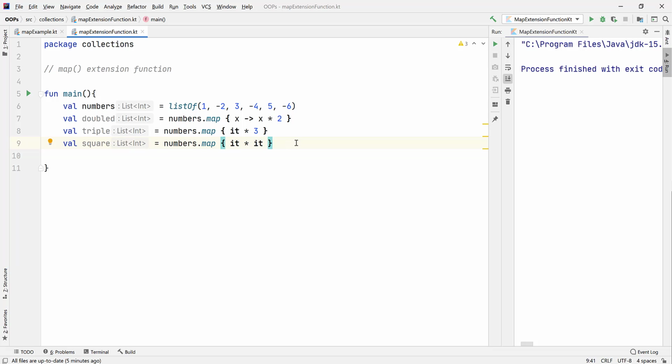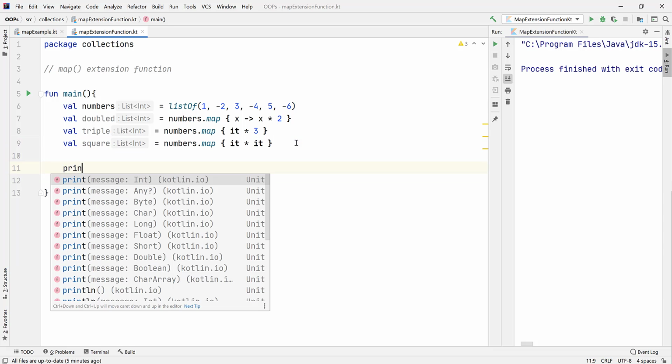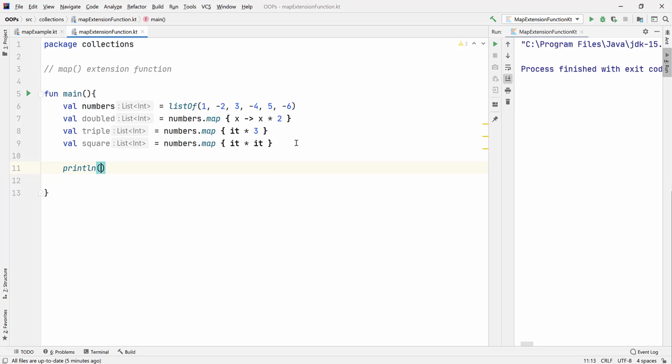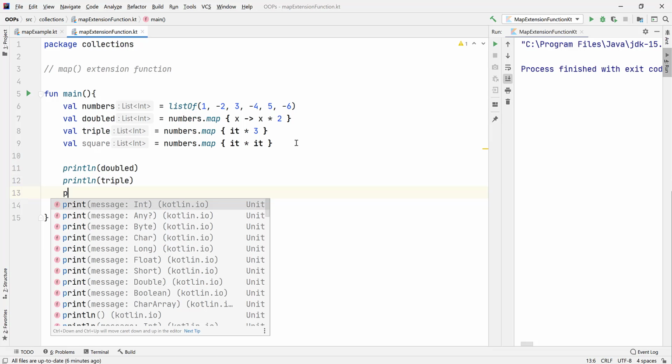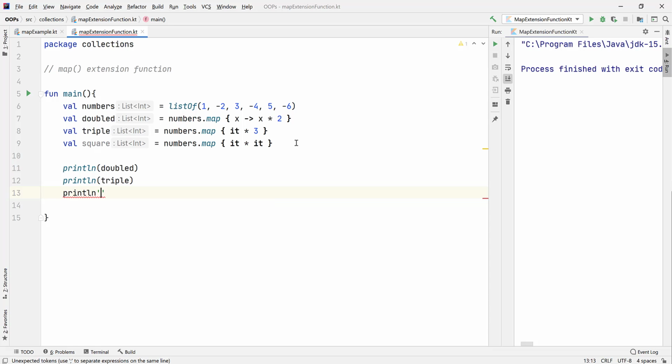So what if we print each and every element? We calculate it. First one is the numbers itself. I don't want to print the numbers. I want to print the double. I want to print, the second time, the triple. Sorry for this, triple. And the third one is the square. Println is square. Now if you see the output here,